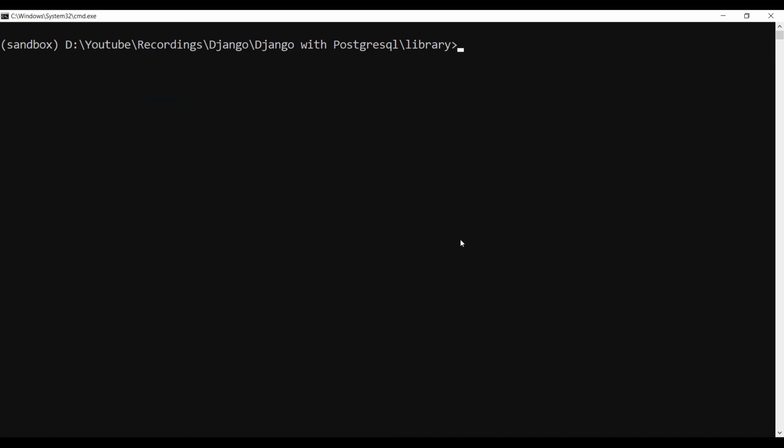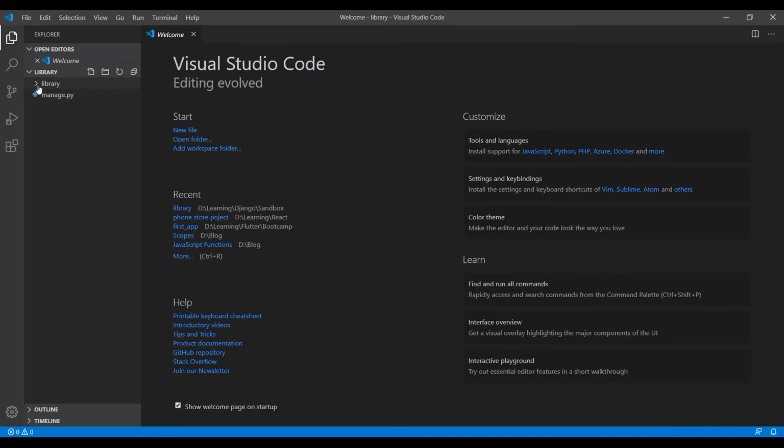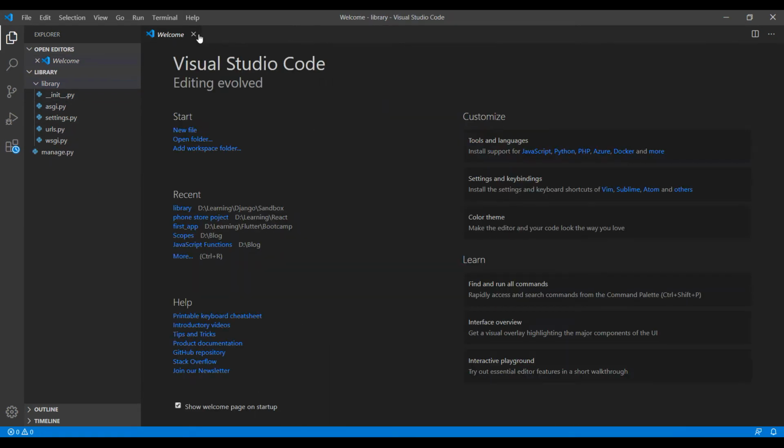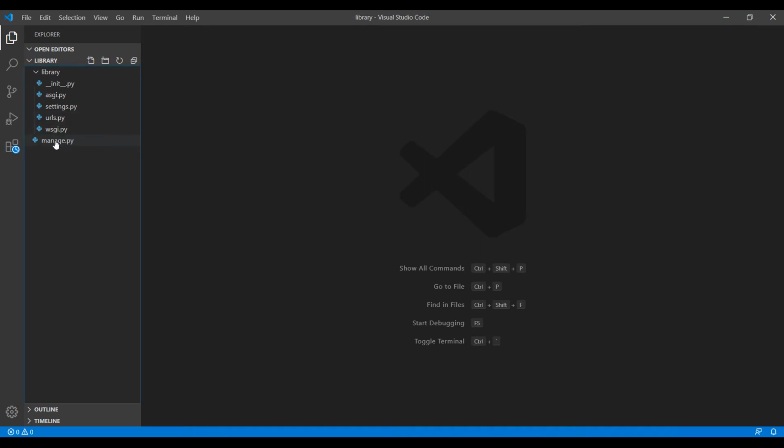So once the project is created, we'll open this folder in Visual Studio Code or any other editor that you want. Okay, so here I have the initial setup that I get from the Django installation, and I have this manage.py file.